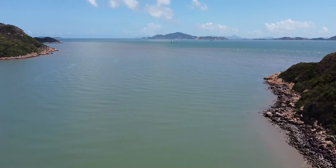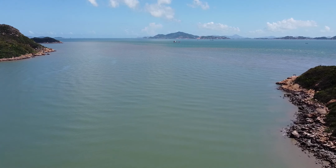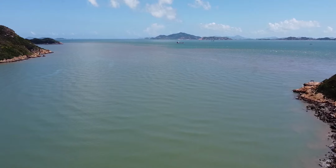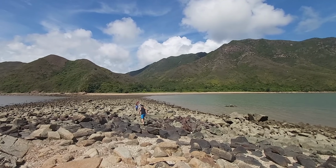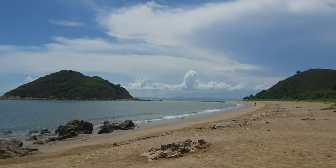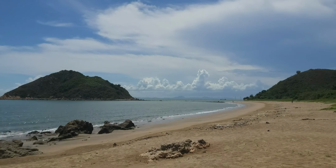tide. The island is just over 2 kilometers from the maritime border with China and can be accessed from Section 7 of the Lantau Trail, a hiking trail which circumnavigates the Lantau South and North country parks. Reaching the westernmost point of the island itself is difficult though, as the 1.4-kilometer coastline is rugged and difficult to traverse. The island is located in the western portion of the Southwest Lantau Marine Park, which was recently designated in